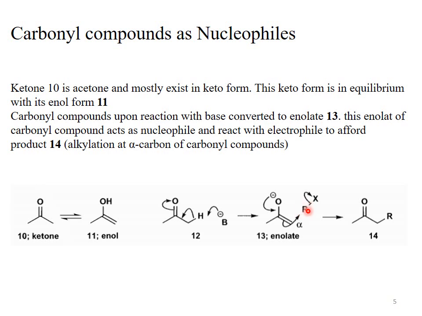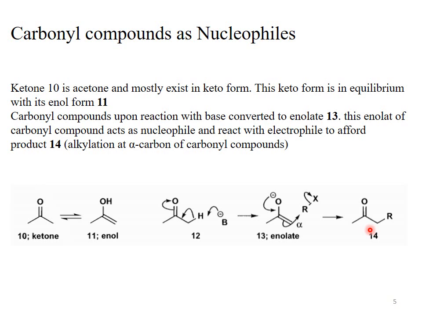When the negative charge comes back, this double bond attacks the electrophile. See, this is a carbonyl compound, but here it is acting as a nucleophile and attacking the electrophile. Here the RX is an alkyl halide, and in the alkyl halide the R carries a positive charge. The R group is the electrophile.